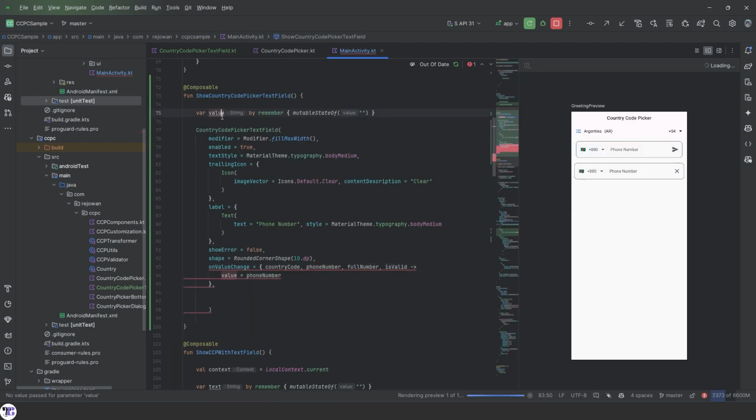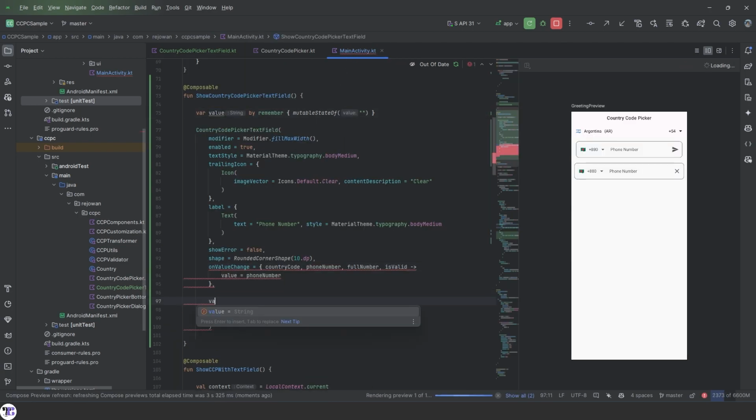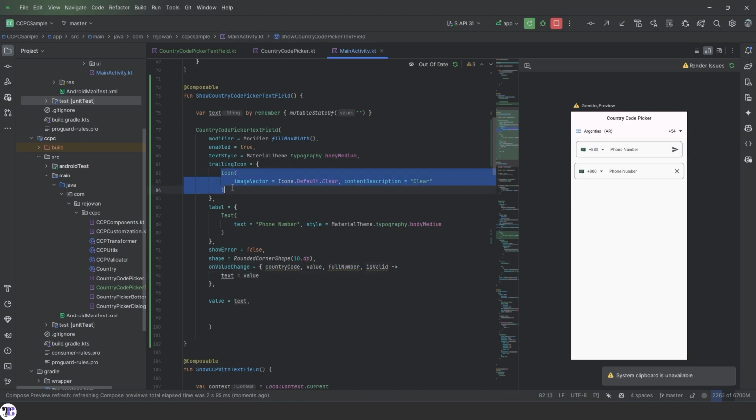So let's do that. We pass the value as a parameter. Now in here we have our value set to this variable, and whenever the value changes, value becomes this phone number. The trailing icon